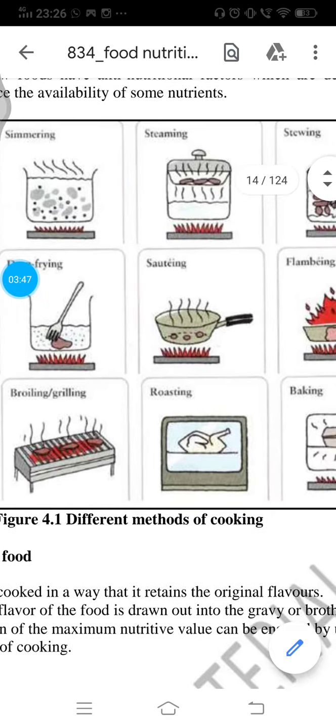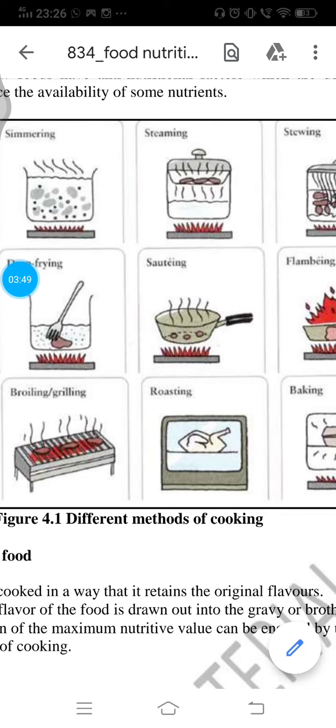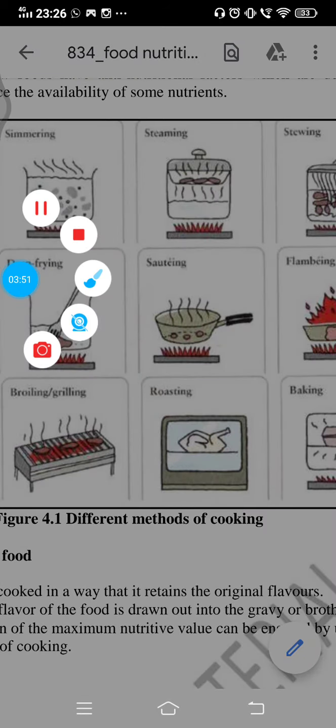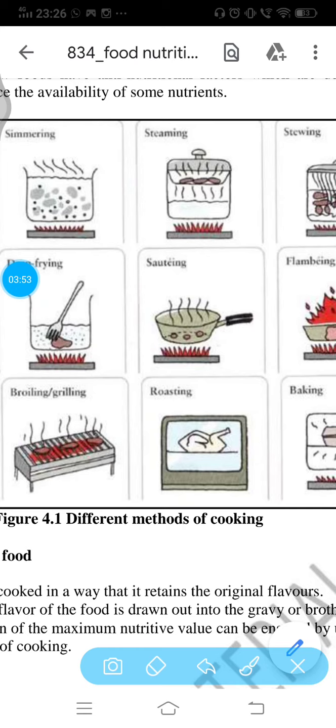The next one here is sauteing. Sauteing means, like you have heard this term, to saute the food. Saute the food in the sense that you put oil and put that particular foodstuff and fry it on a high flame. That is sauteing. Saute karna, like you saute the onion while cooking. जब आप सब्जी बनाते हो तो onion को saute करते हो ना, oil में fry करते हो. That kind of thing is sauteing.